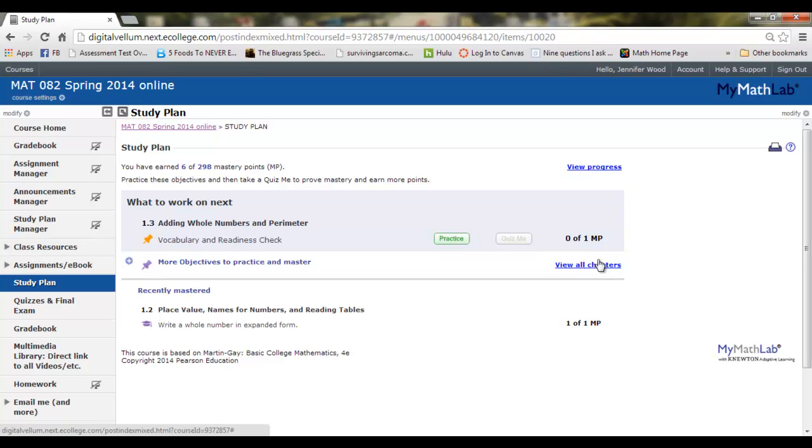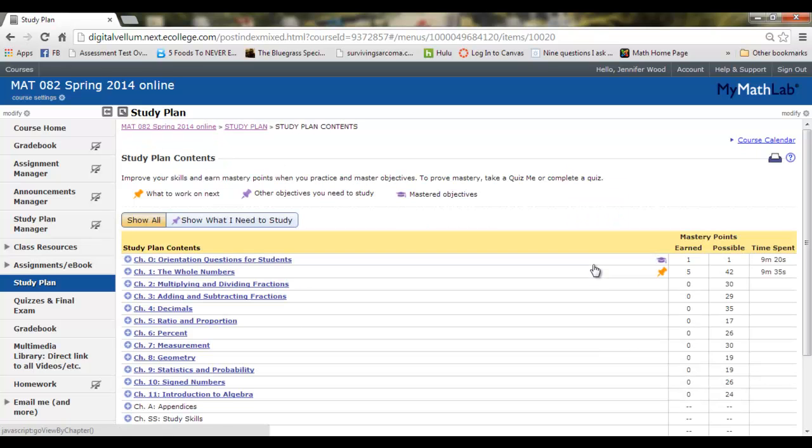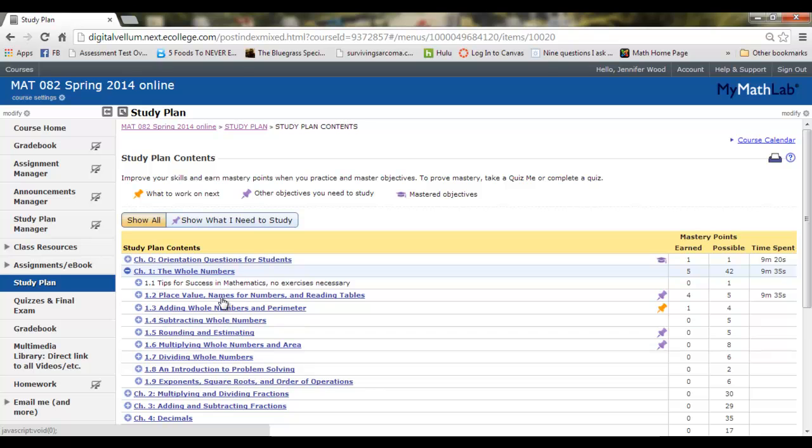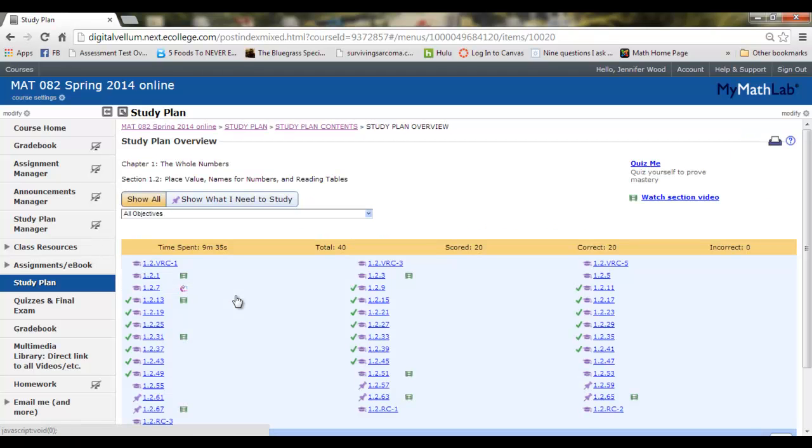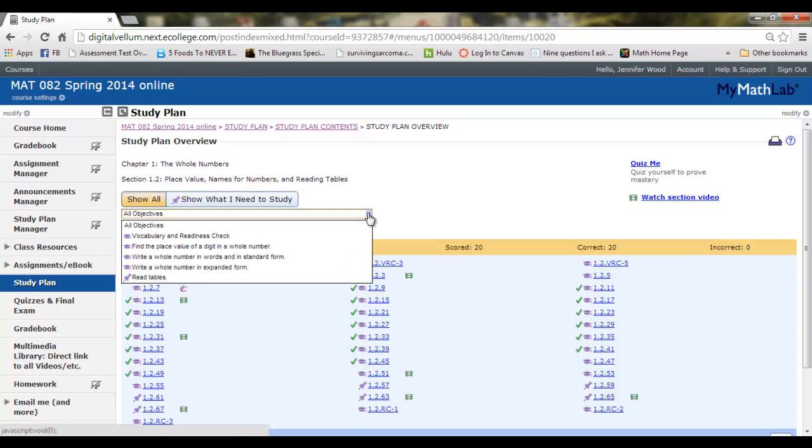And so what you want to do is go right here to view all chapters, and you're going to click on that. And then we're going to go into chapter 1 and start at 1.2 and move on from there. And so now you get to this, I want to click on all objectives here, and I want to see my objectives. Okay, so for section 1.2 there are 5 objectives,